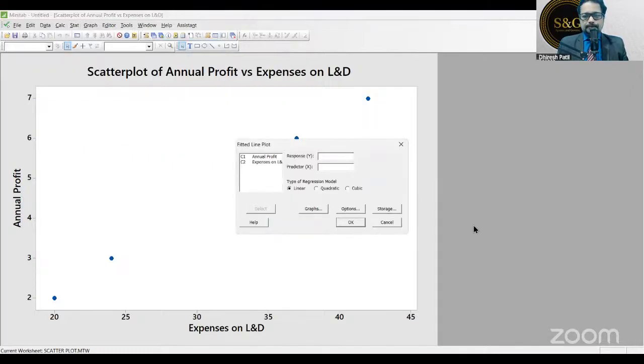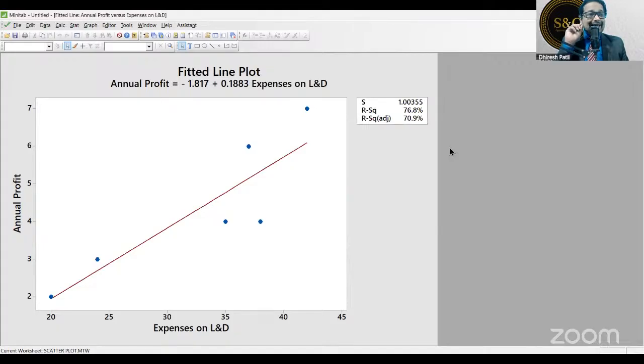Click on that. Now, in the response Y, again the same thing, select profit, and in predictor select expense, and click on OK. That's it. Don't do anything else. In Y, annualized profit, in X, L&D expenses, and just click on OK. And now, in the same line,